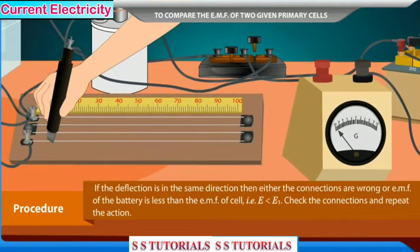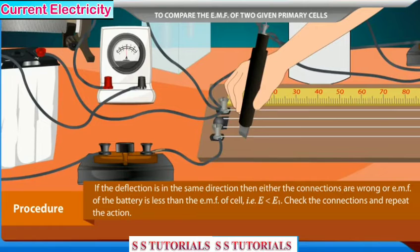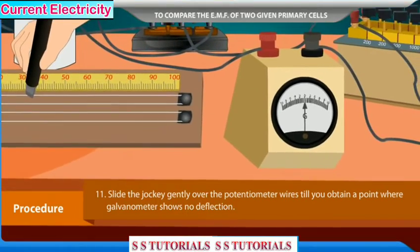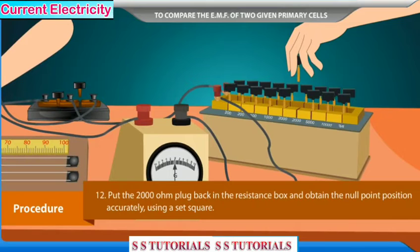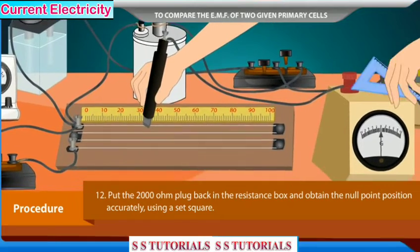If the deflection is in the same direction, then either the connections are wrong or the EMF of the battery is less than the EMF of the cell. That is, E is less than E1. Check the connections and repeat the action. Slide the jockey gently over the potentiometer wire till you obtain a point where the galvanometer shows no deflection. Put the 2000 ohm plug back in the resistance box and obtain the null point position accurately